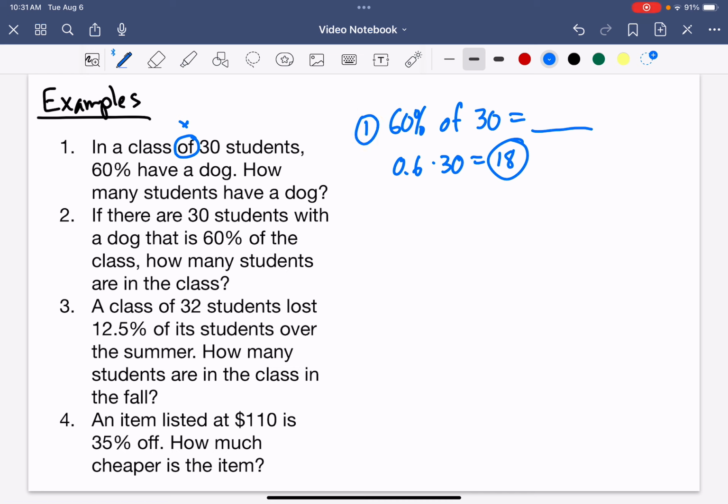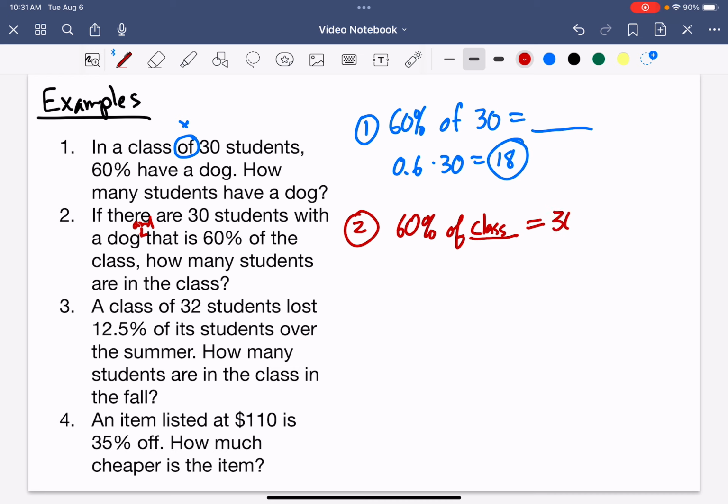So that's number one. Now, let's compare and contrast that to number two. I wrote these problems to be very, very similar, so that we can hopefully pick apart the differences and how to approach them differently. In number two, if there are 30 students with a dog, that is 60% of the class. How many students are in the class? Oh, all right, very interesting. So we have 60% of the class, which we don't know,